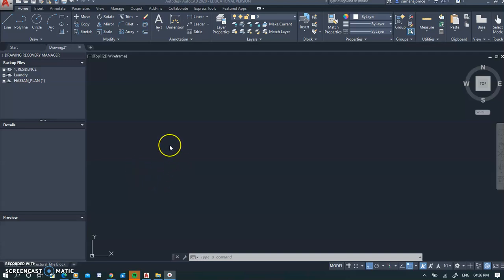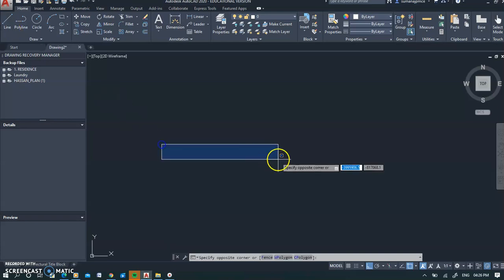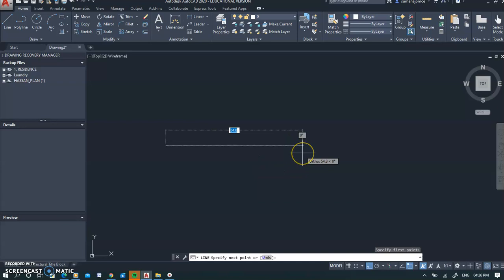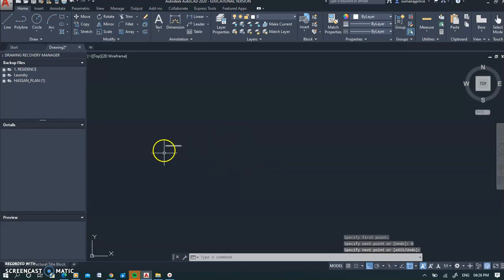So we will do a line diagram today, and it will be in the units of meters. Okay, so you draw a line, click on line, click anywhere on the screen, and you can see the measurement that is already coming there. But let's say we want to draw a line of 6 meters. Enter again, and I'm done.